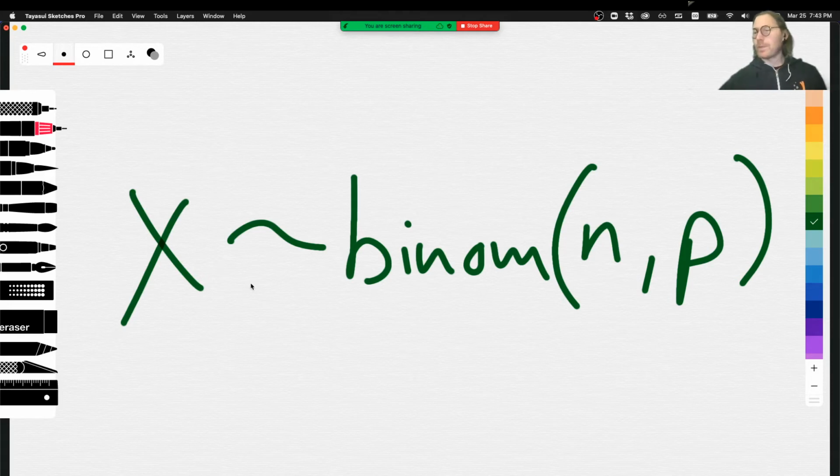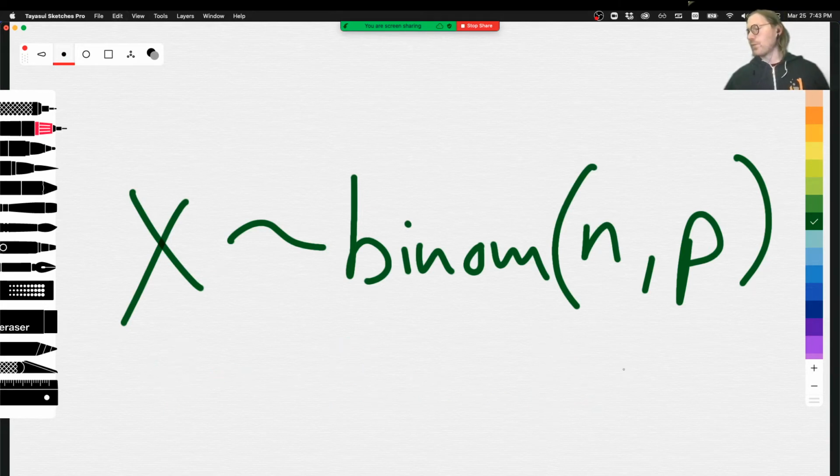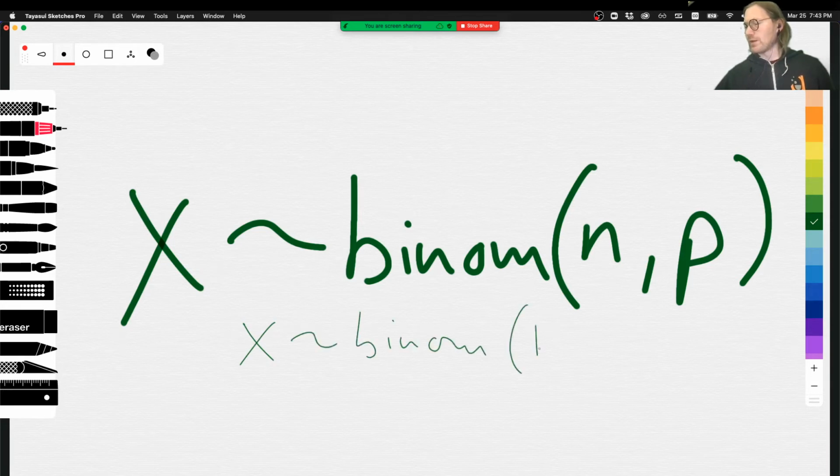And then, when you see that, we could describe a different distribution. We could say Y follows a Poisson with lambda of something, right? So if we were to fill this in, let's say where X follows a binomial distribution, 12 trials with a probability of 0.7, we can start